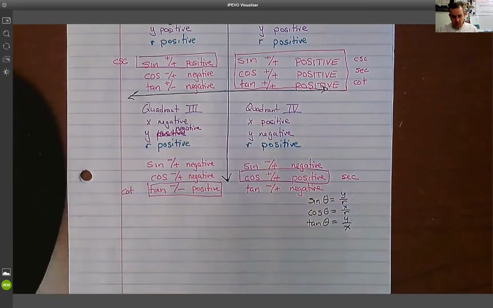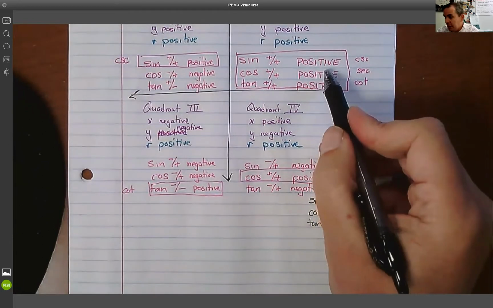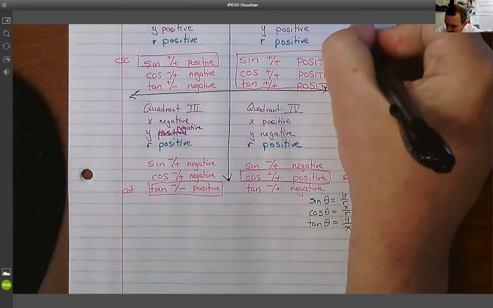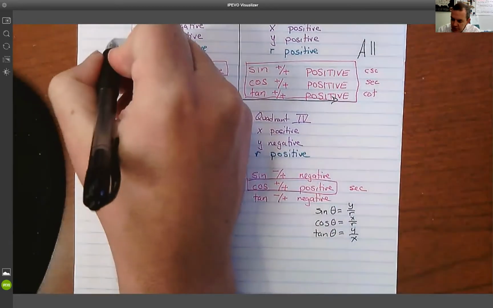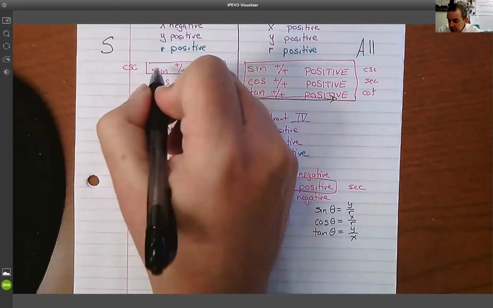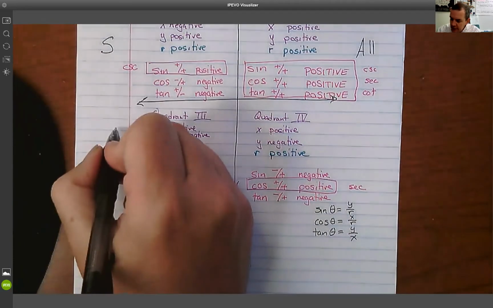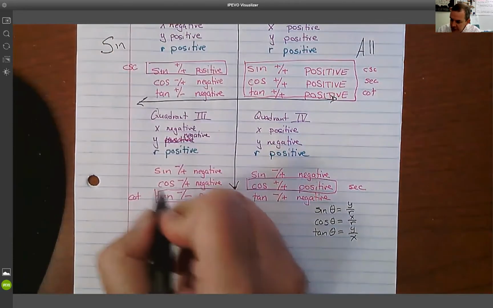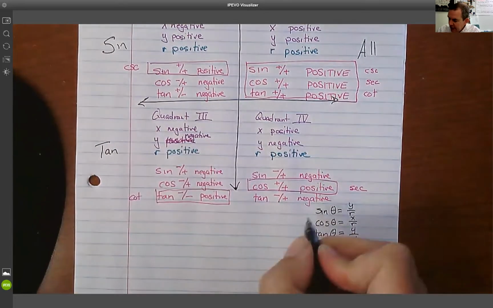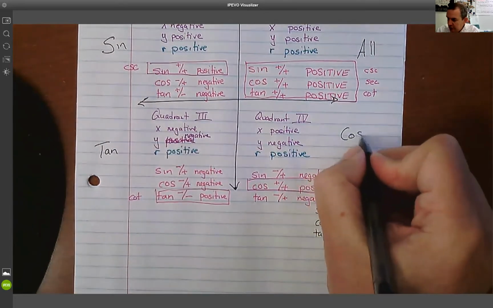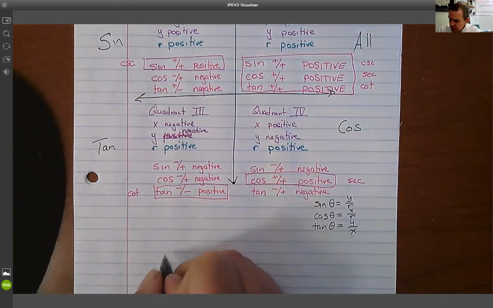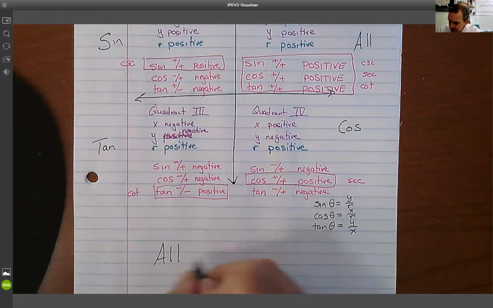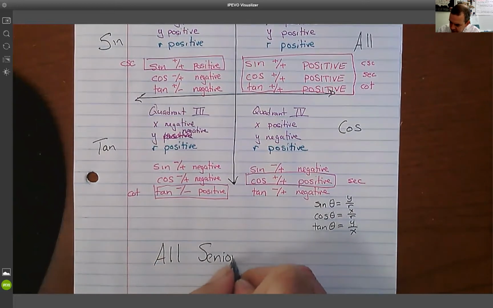So if we look at this, when we go around the circle, what we're going to see is that in the first one, all of them are positive. When we get to this one, just the sine, and by extension cosecant, is positive. This one, just the tangent is positive. And this last one, just the cosine is positive. So on this one, you got all, sine, tan, and cosine. So the way you remember that is all seniors take